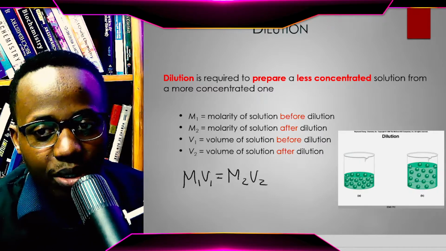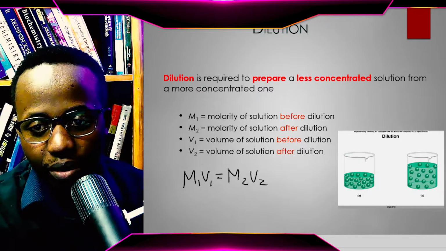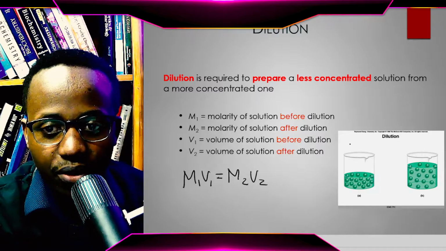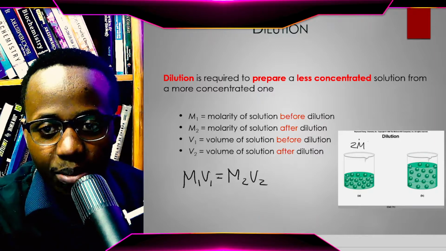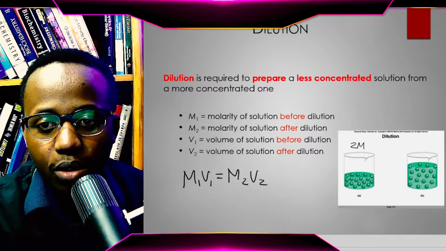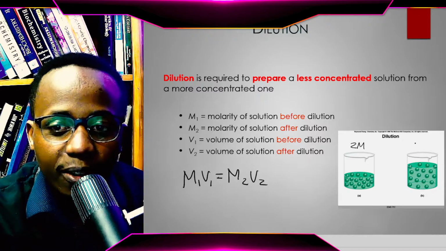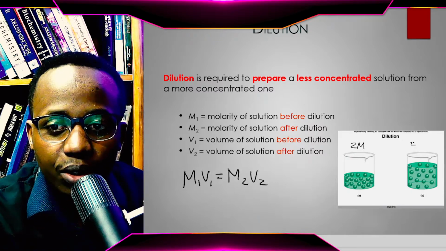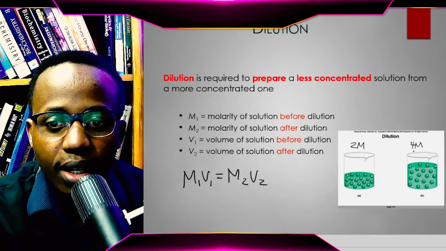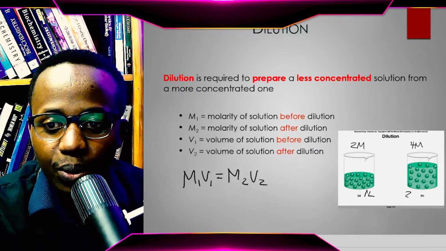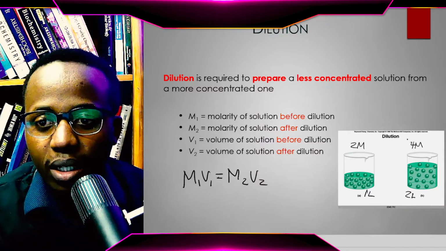So let's look at, for example, this figure here on the right. If you start with a concentrated version, let's say you have a 2 molar solution, right? The concentration is the molarity, by the way. That's why we use M. So you have a 2 molar solution, and you dilute it into a 4 molar solution, and you started with 1 liter, and then it's 2 liters. So this one actually,